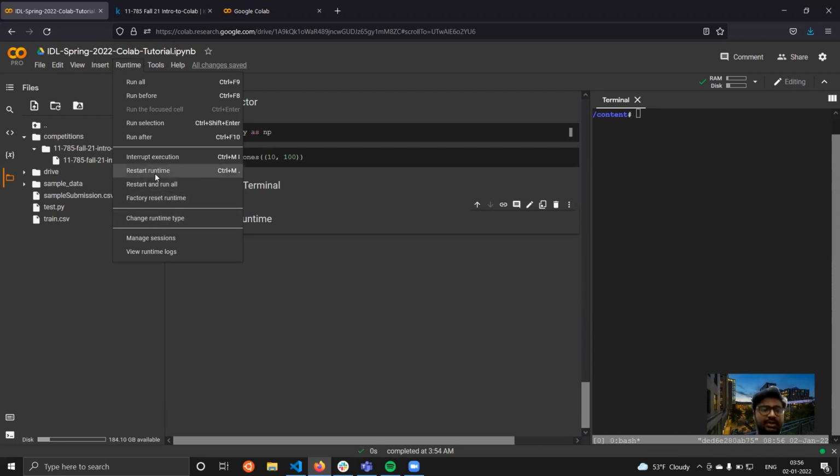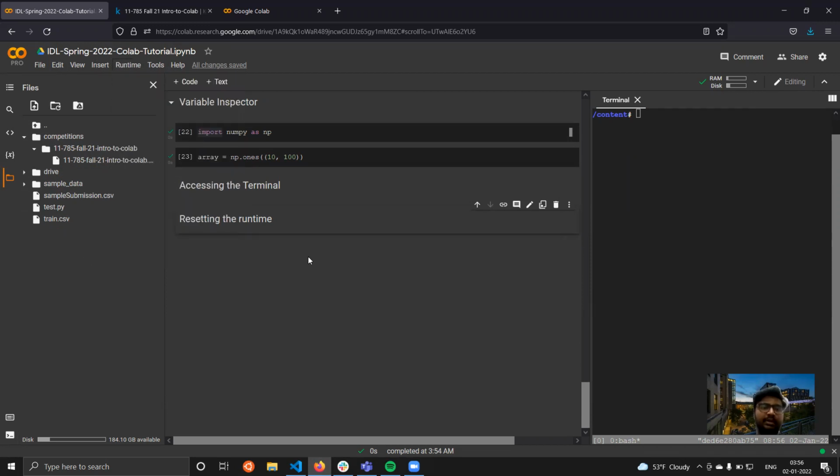If you choose just restart runtime, this won't delete the files that you have downloaded and won't uninstall any libraries that you have custom installed. However, if you do factory reset runtime, it will delete all the files that you have downloaded, as well as any custom installations that you have made onto this environment.